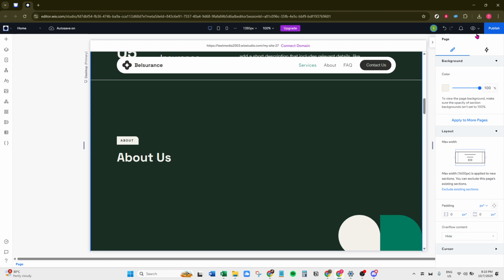Finally, to make your changes live on the web for everyone to see, you'll need to hit Publish. This transforms your behind-the-scenes effort into a live update available on your site. Once published, visit your site to ensure everything appears just as you envisioned. And that's it. Editing text in Wix is truly that simple. Now, you can keep your website up to date with fresh content.